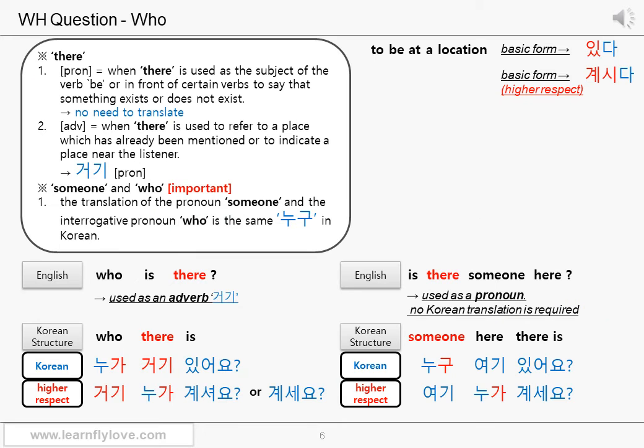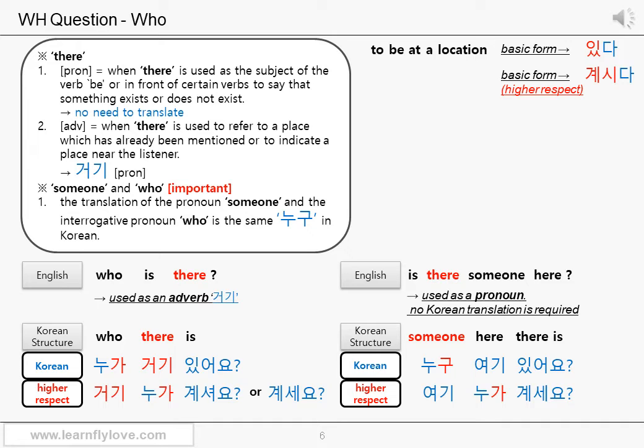Let's go! Let's see the vocab box first. We're gonna take a look at the usages of the English word there. Well, there are a couple more usages of there in English. We're gonna check out two of them on this page. There is regarded as a pronoun when it is used as the subject of the verb be or in front of certain verbs to say that something exists or does not exist. In this case, no Korean translation is required for the pronoun there. Well, you may use the Korean predicate 있다 or 있어요 to mean there is, but you don't really translate there